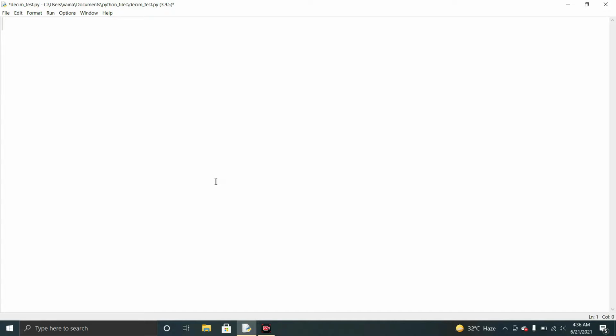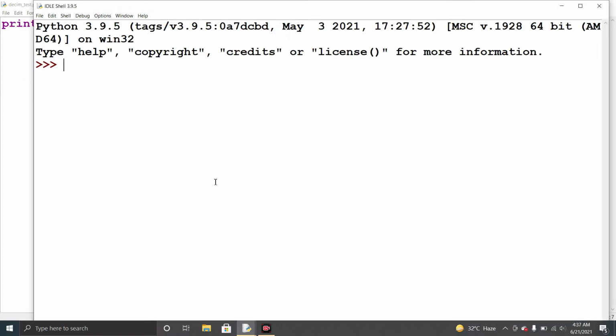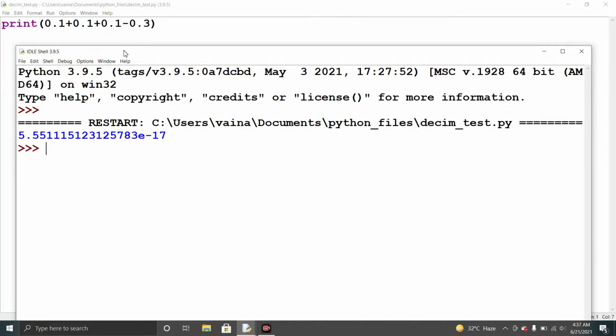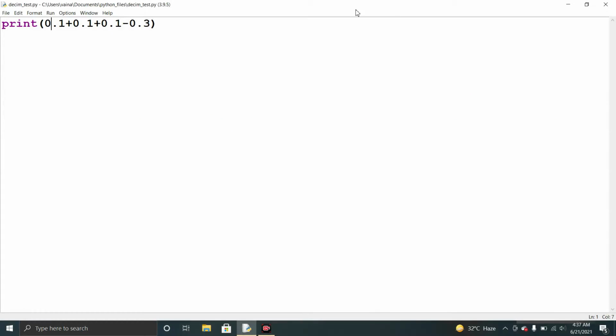If you print 0.1 plus 0.1 plus 0.1 minus 0.3, what will be the output? It must be 0, but it will not be 0, because here it is floating type and it has no good precision. So for this we will use decimals.